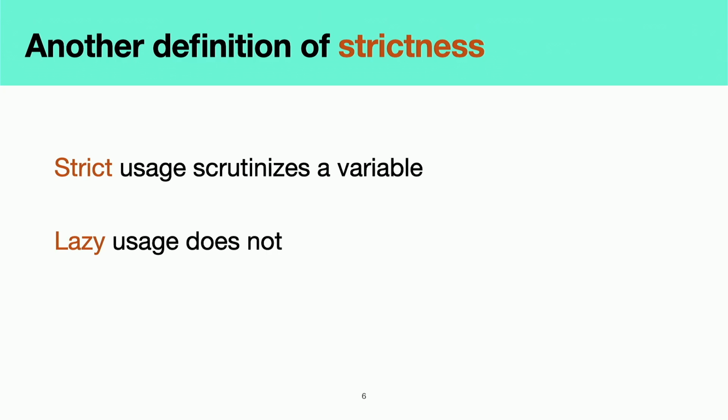Well, we're working in a lazy or non-strict setting, so variables can contain potentially unevaluated thunks, but certain ways that we might use these variables will require these thunks to be evaluated down to their top-level constructor. Think like adding numbers together, or branching on a Boolean value, or casing on a sum type. All of these require us to evaluate the contents of a variable down to their top-level constructor in order for us to know how to proceed with evaluation, what branch to take, something like that. This is what we mean by scrutinizing a variable. This is what we mean by strict usage.